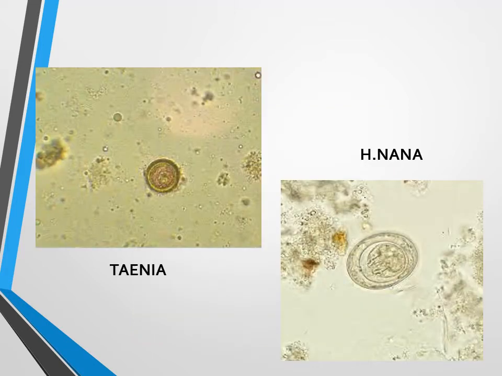So this is a tapeworm, the dwarf tapeworm. The mode of infection is by ingestion of eggs, the fecal-oral route being the main route, and the definitive host is human beings. And what can be the symptoms? Usually asymptomatic, and if symptoms are there, then persistent abdominal pain, headache, dizziness, anorexia or diarrhea.